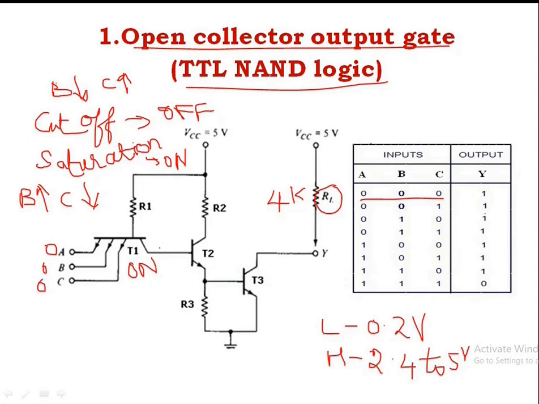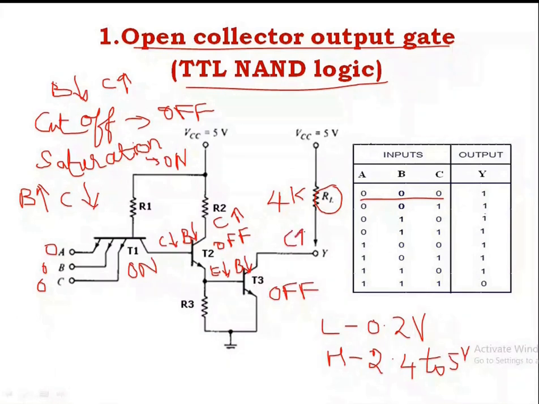Now see, if the transistor is on, the collector is low. Collector low means the base connected to it is becoming low. So if the base is low, this T2 transistor is off. T2 transistor off means the collector is high, the emitter is low. The emitter is connected to the base of T3, so that base is also low. Base low means T3 is off. If T3 is off, the collector is high.